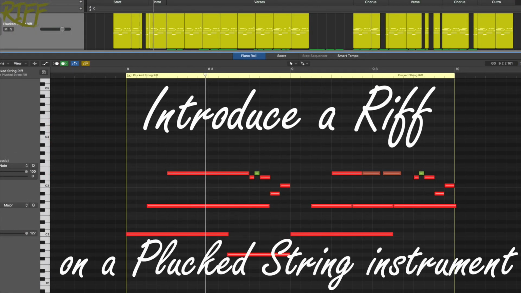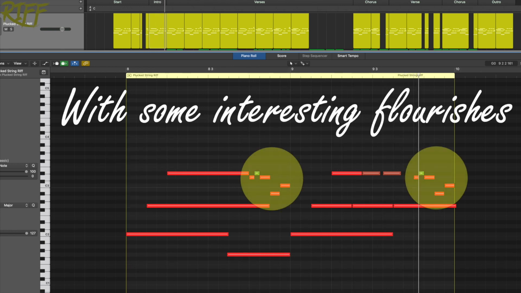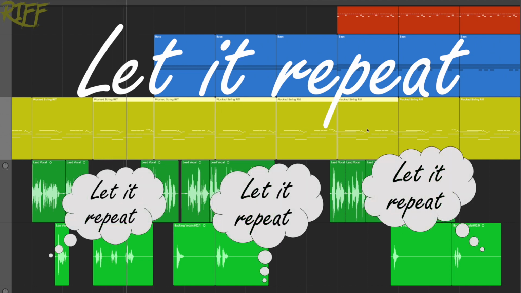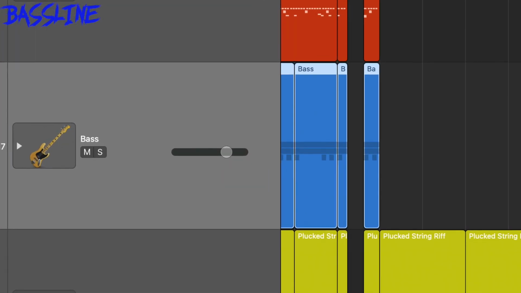Introduce a riff on a plucked string instrument, probably a sample, with some interesting flourishes. Let it repeat throughout the song. In comes the bass on the first beat,